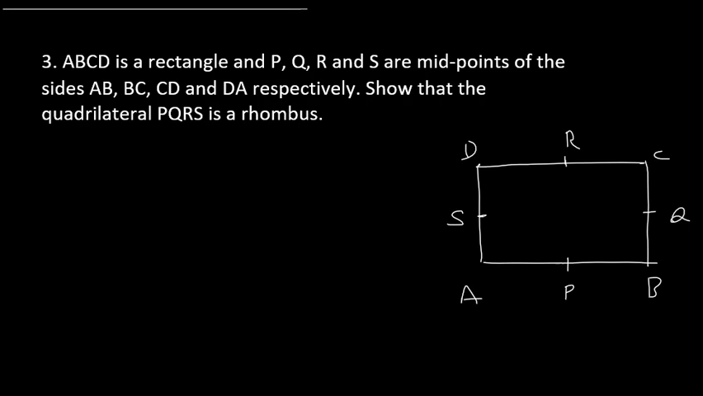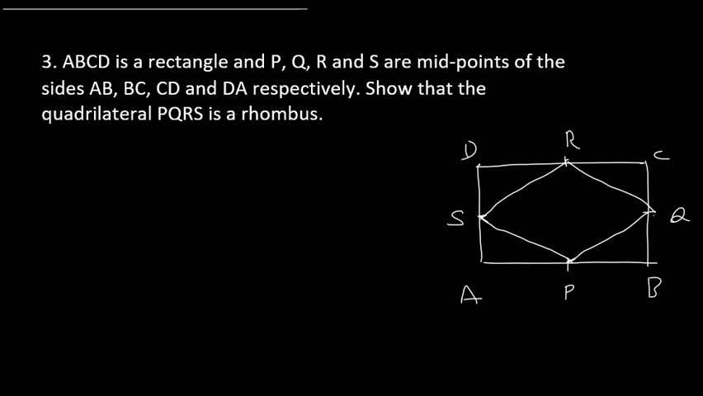We have to show that this quadrilateral PQRS is a rhombus. So I can join PQ, QR, RS and SP. We have to prove that PQRS is a rhombus. Now it looks like a rhombus, yes. So if you observe,